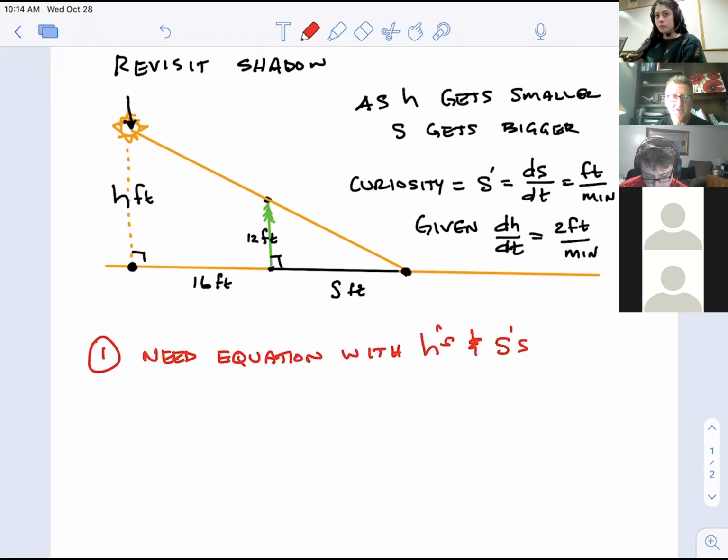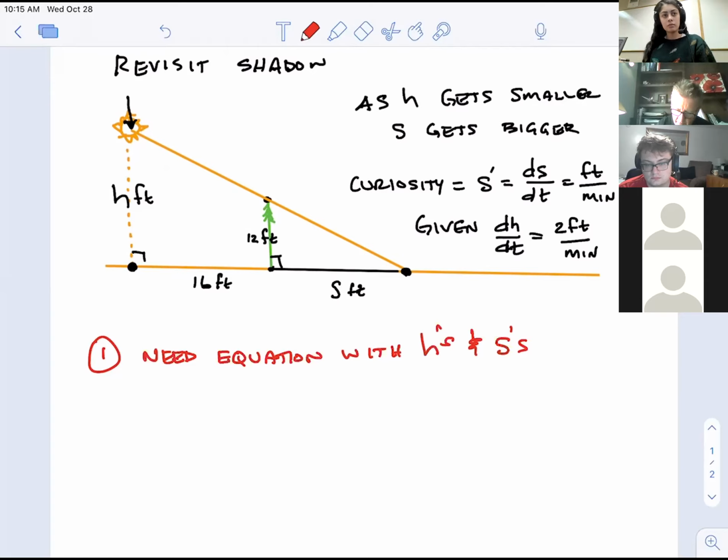In all the previous sections, they just said, hey, here's an equation. They gave it to you. And then they said, take its derivative. Well, in this section, you got to write it for yourself and take its derivative. But fortunately, the derivative taking will be easy. They're not going to be the ridiculous stuff we've just finished with recently. The derivatives will be really easy to take. But we got to come up with some equation that has h's and s's in it.